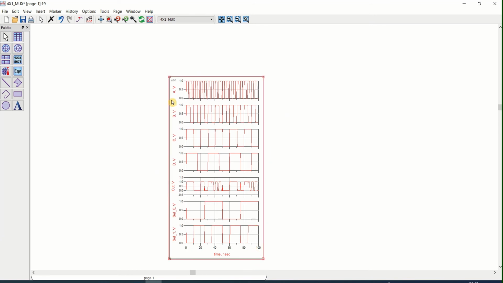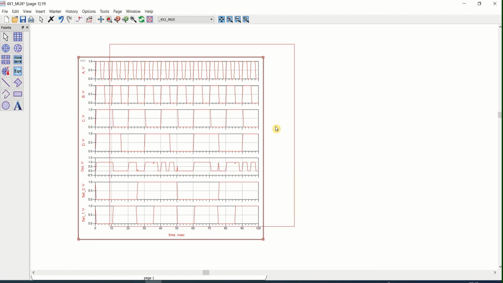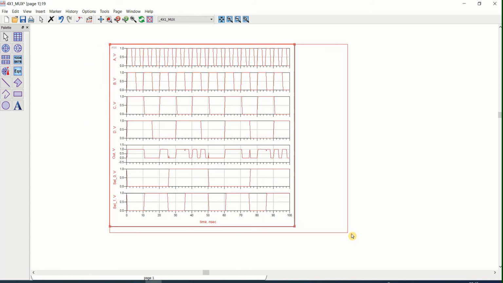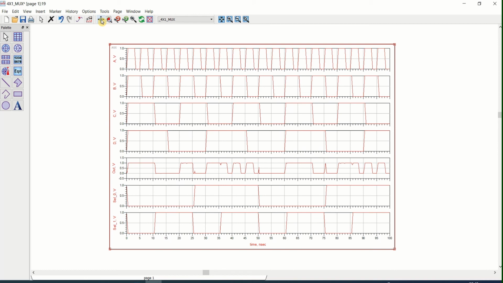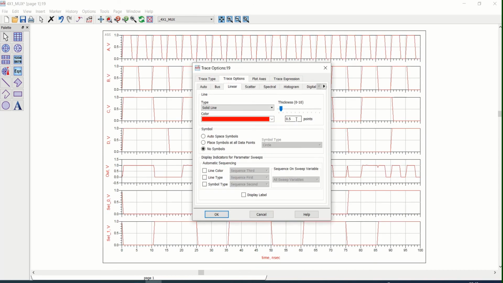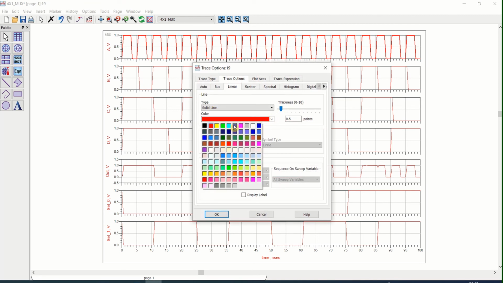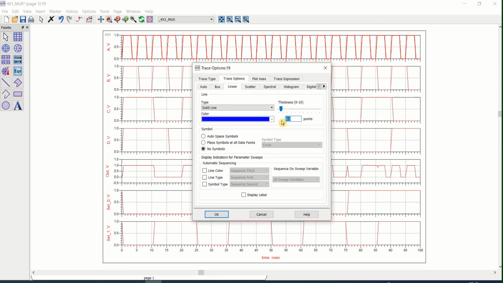You can see or view the results. Change the colors of this with the 1.5 thickness with some other color like blue, 1.5.